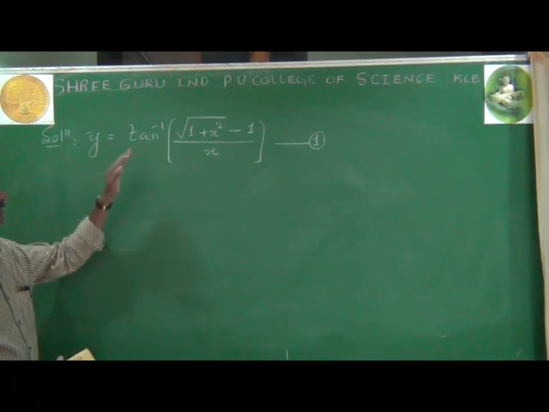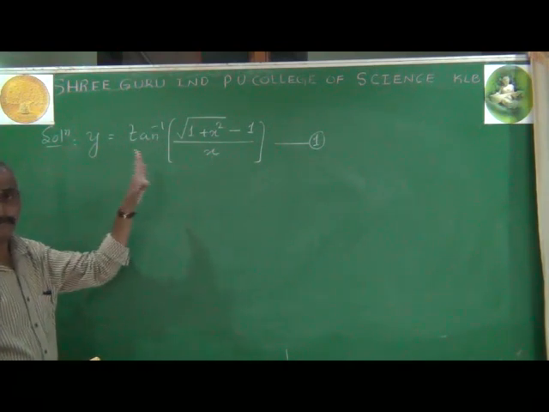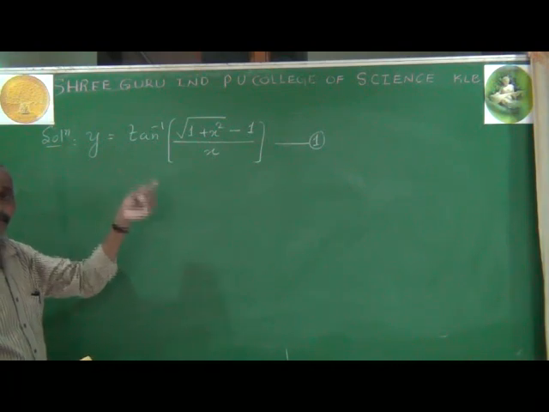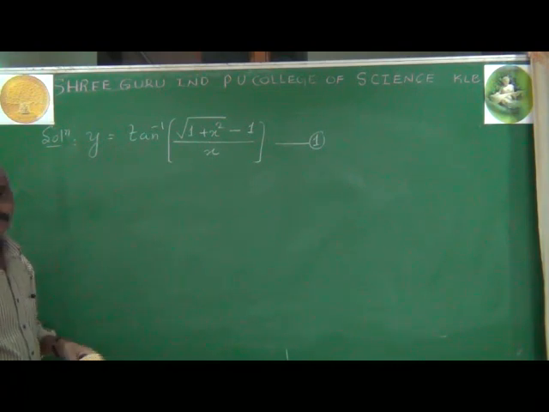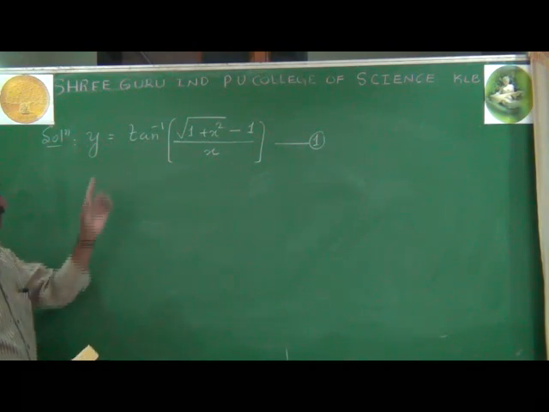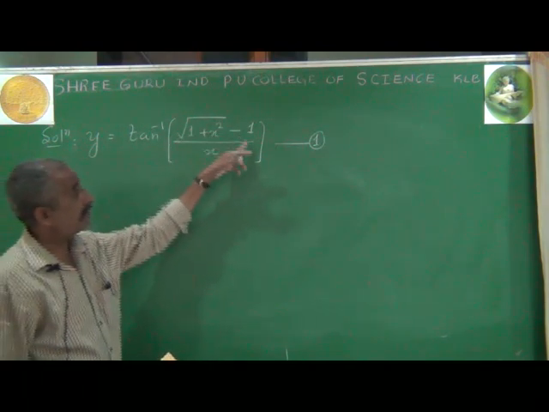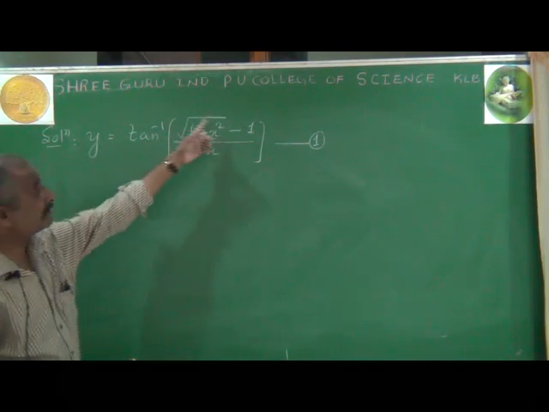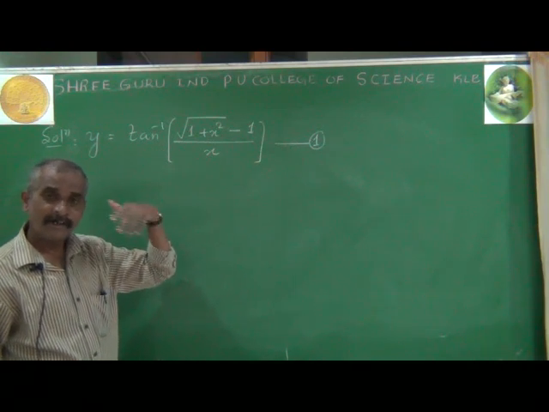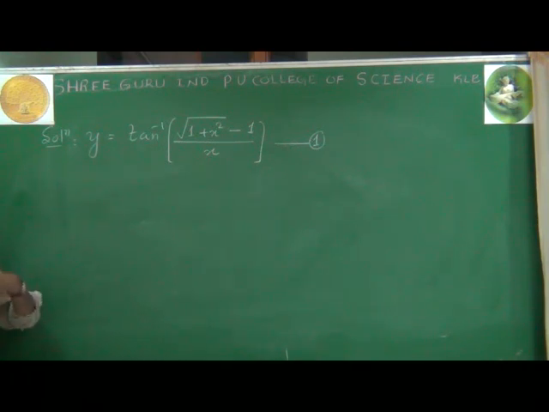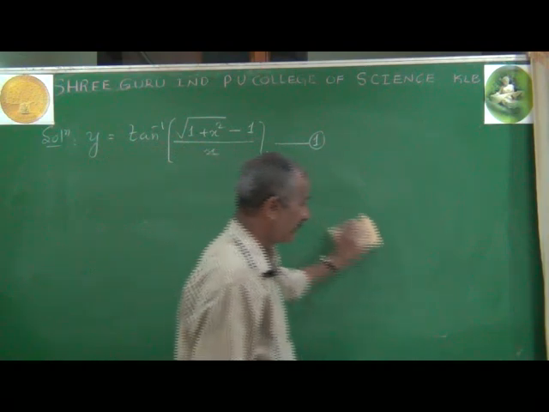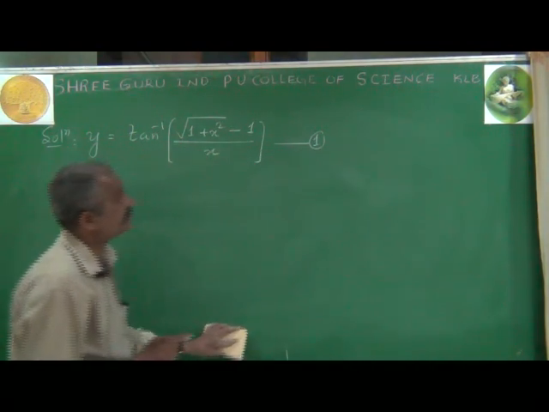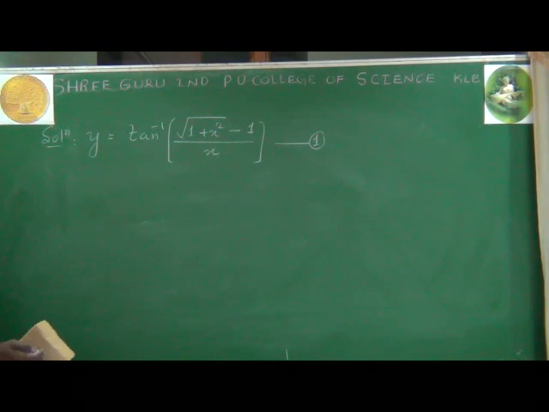If you imagine that it is just like tan inverse of u, the derivative of tan inverse of u is 1 by 1 plus u square, meaning 1 by 1 plus this complete term whole square, multiplied by the differentiation of this complete term. After that we have to go through more steps for simplification. That becomes very tedious and very complicated. So to avoid that, we shall take a suitable substitution.